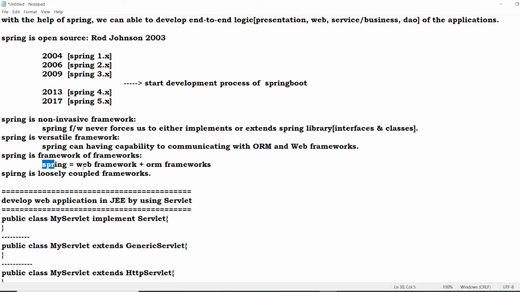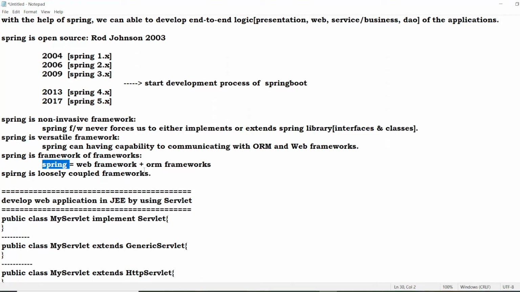Spring is the superset of other frameworks. Whatever things we can develop with the help of Struts and JSP, we can develop with Spring.